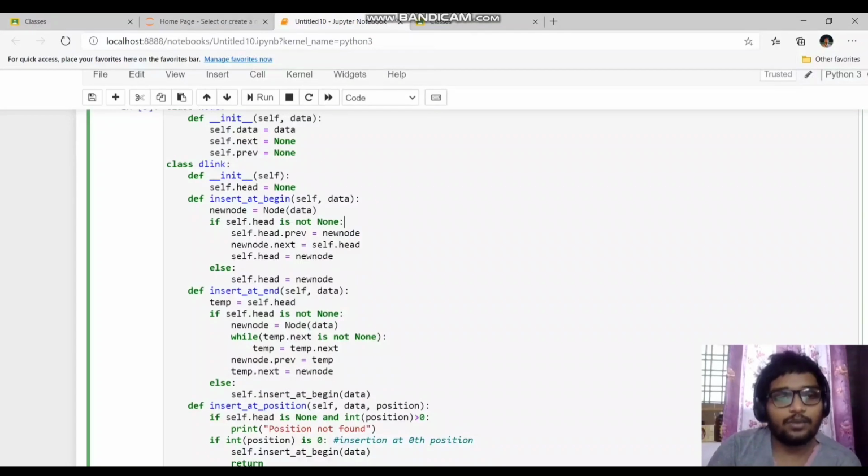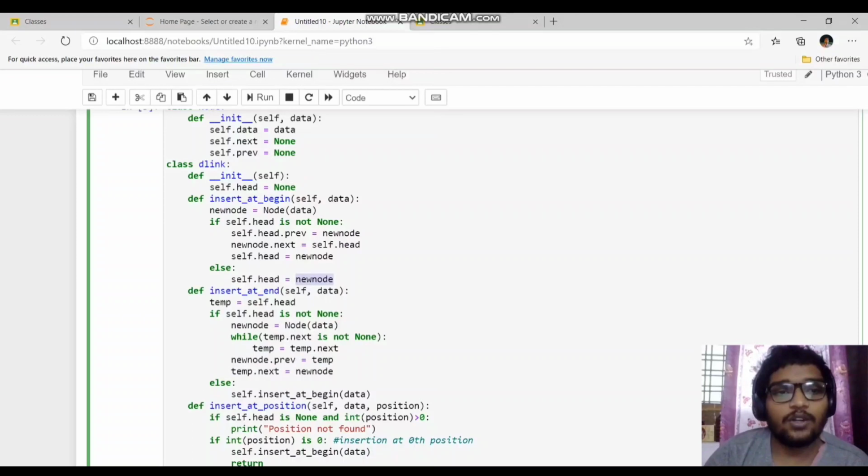Then we just need to make our head pointer point to the new node. Since self.head always points to the first node of our doubly linked list, we just need to make self.head point to the recently inserted new node. That's it. Or else, if the list already has some elements, self.head will be pointing to the first node, right? So we have to remove the self.head pointing to the first node, and make self.head point to our new node.